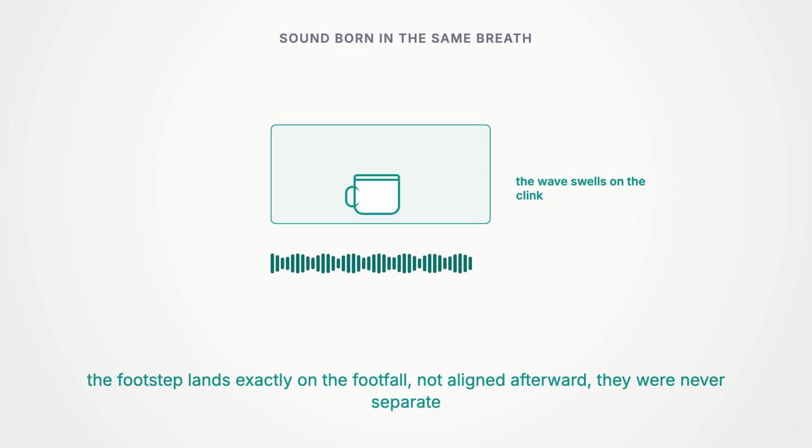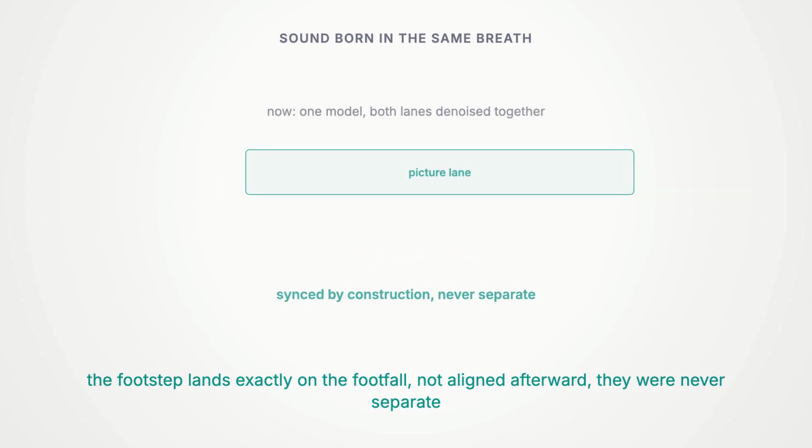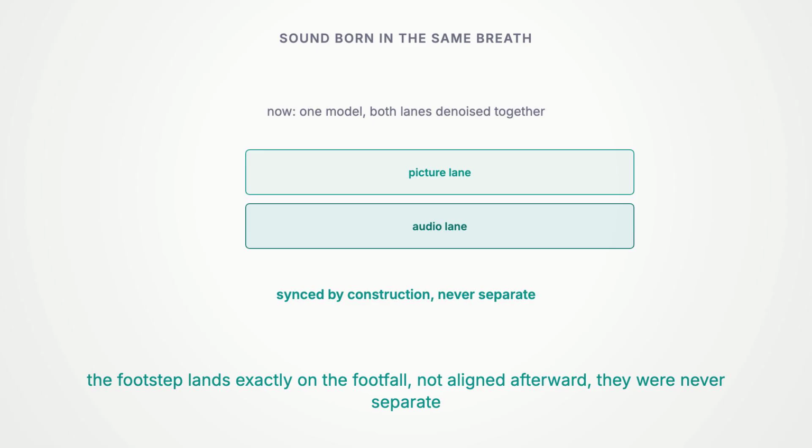Remember that a video became a block of latent tokens. Audio can become its own thin lane of latent tokens too, a strip running right alongside the block on the same time axis. Then a single model denoises both lanes together, in one pass. The picture tokens and the sound tokens are attending to each other the whole time. So the footstep lands exactly on the footfall, the splash on the splash, the lips on the phonemes, not because anyone aligned them afterward, but because they were never separate. They were one creation, and there is a deep reason joining them helps the picture too.